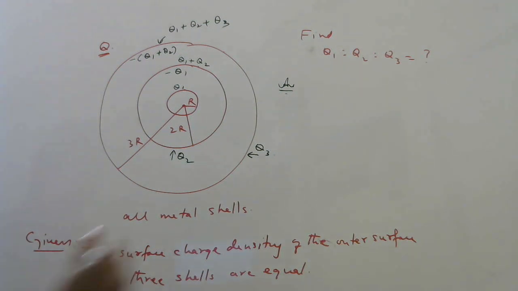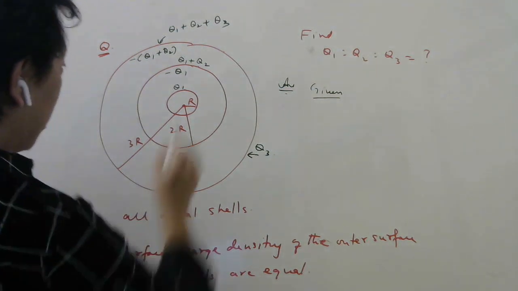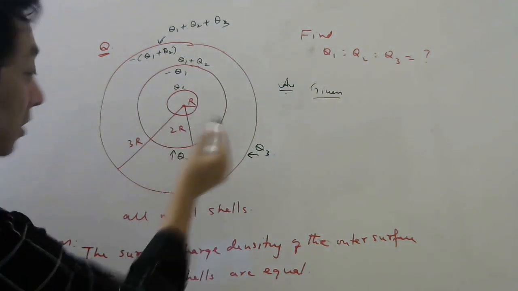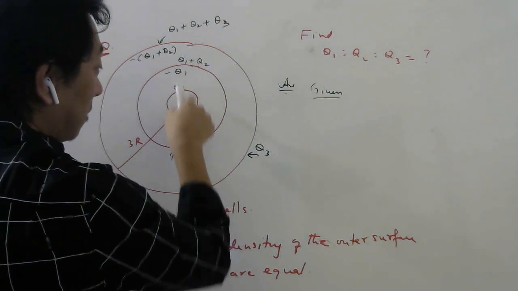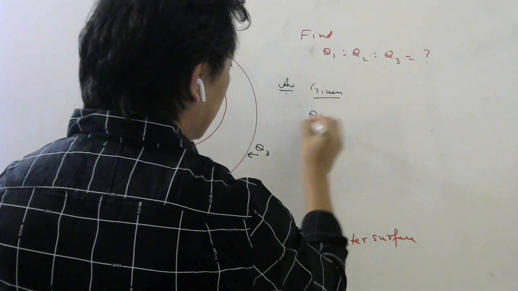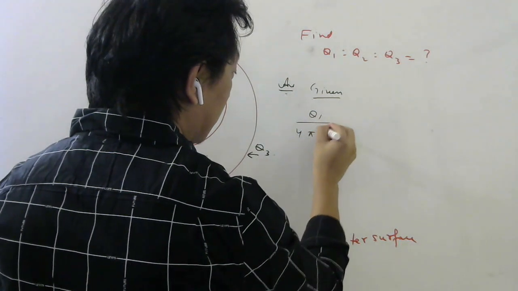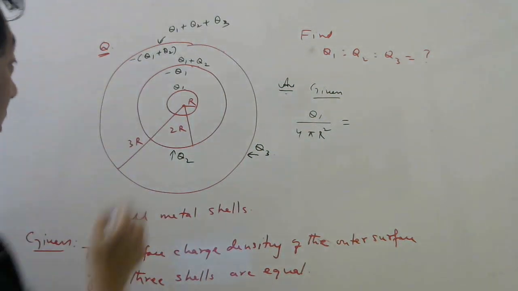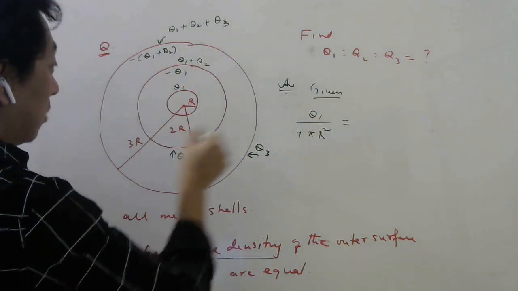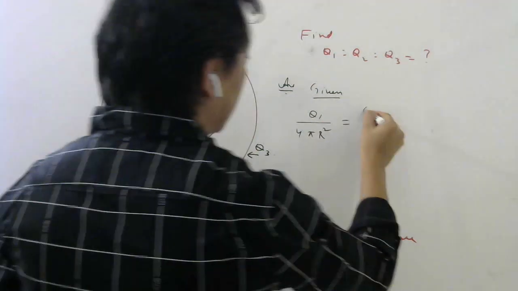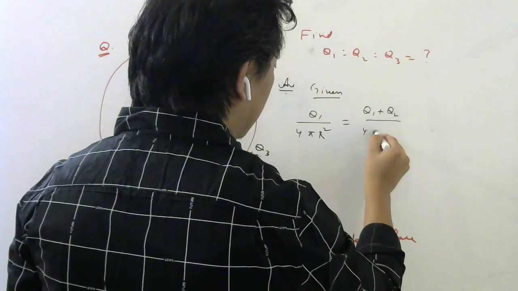Now, what they have given? They have given the surface charge density of the outer surface of the three shells are equal. So if you look at the outer surface, what is the charge on the outer surface of this shell? Q1. And what is the area of the outer surface of this shell? 4 pi r square. So this is equal to, they are saying, the surface charge density of the outer surface. What is the charge on the outer surface? Q1 plus Q2 for the second shell, right? And area for the second shell is 4 pi